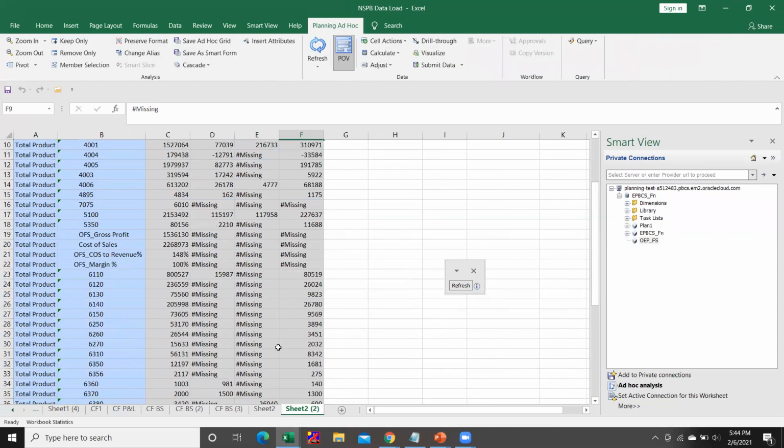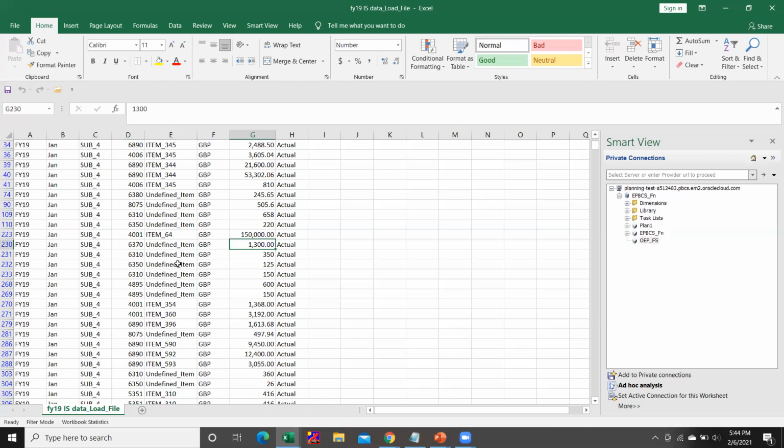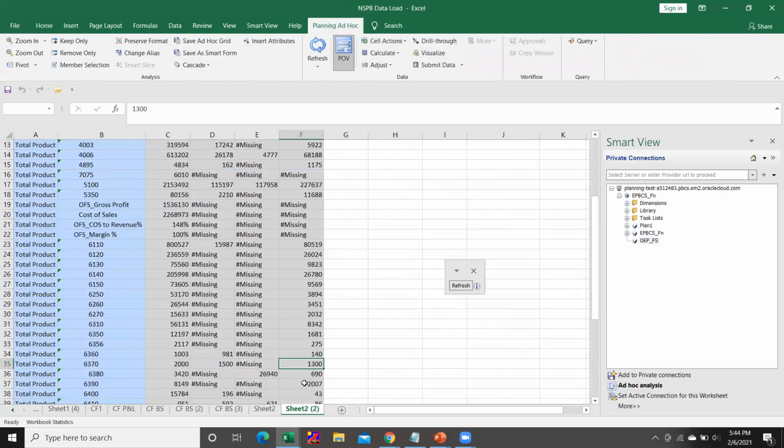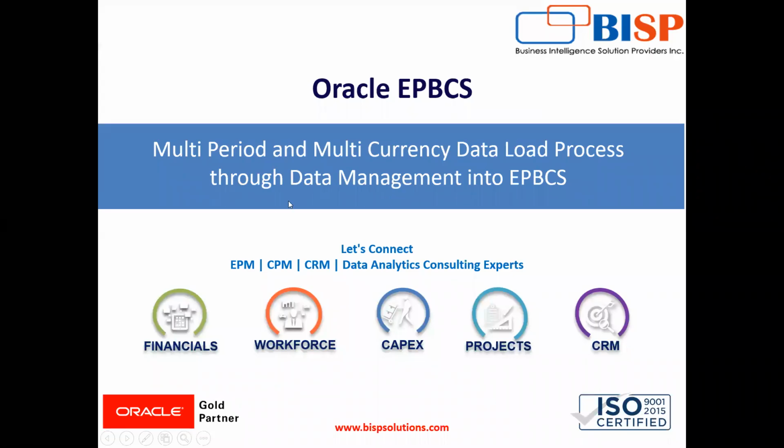So select your account 6370. You can see that the number was coming correctly into Smart View as well. So this is how you are required to load your multi-currency and multi-period data from file to your EPBCS application.